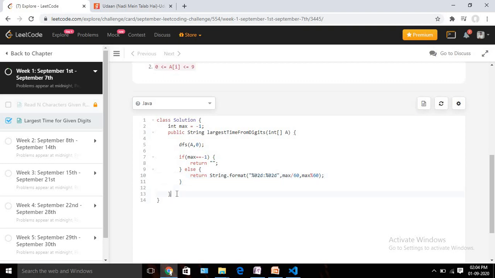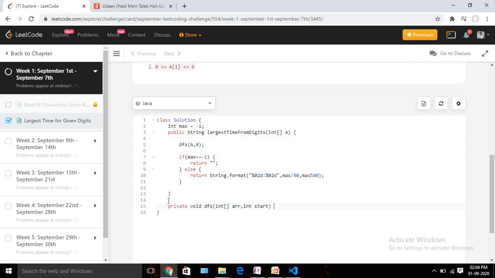Okay, so now let's quickly write the code for DFS. Let us declare another method, named DFS, and we are not going to return anything. The return type will be void, and we are going to pass 2 things: the first is the int array, and another is int start.